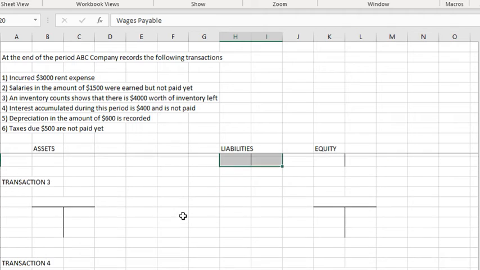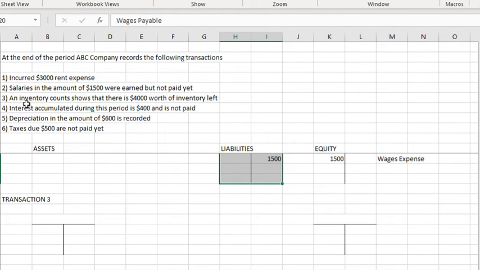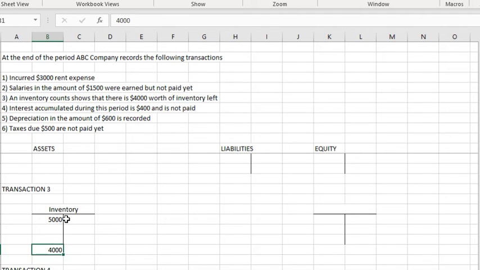And then in transaction number 3, we are seeing that inventory count shows that there is $4,000 worth of inventory left. If you remember from the previous videos, inventory that we bought was $5,000. Now we are told that the inventory decreased to $4,000. In order for this to happen, we need to have $1,000 worth of crediting in the inventory account, meaning we sold